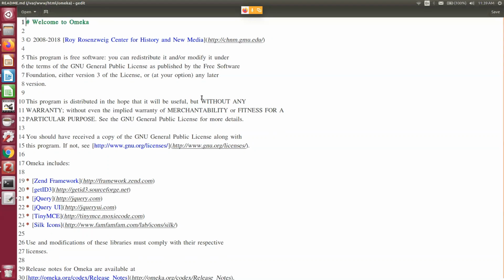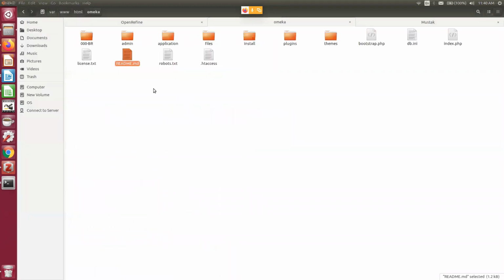In place of instructions they have given you a link. You go to this particular link and you read it. In some readme.txt files, a brief set of steps of installation is available. Now, as it is not there, let me instruct you in which file you need to make the change.